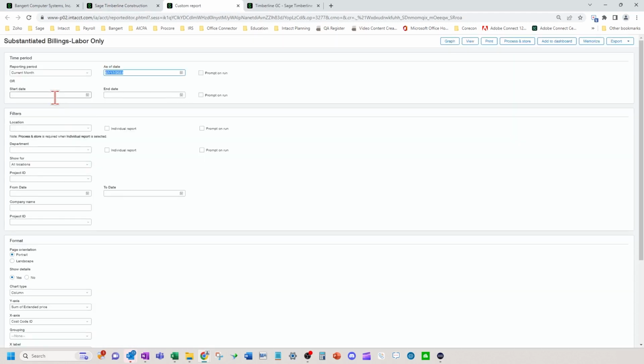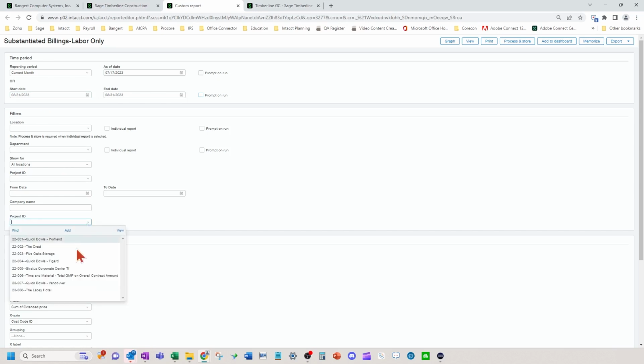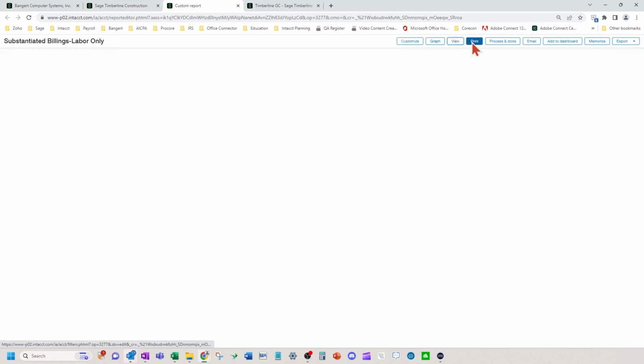Click run here. I'm going to do 8/31. So that's the invoice date to the customer. And I'm going to come back down here and pick that project. And I'm going to click view.